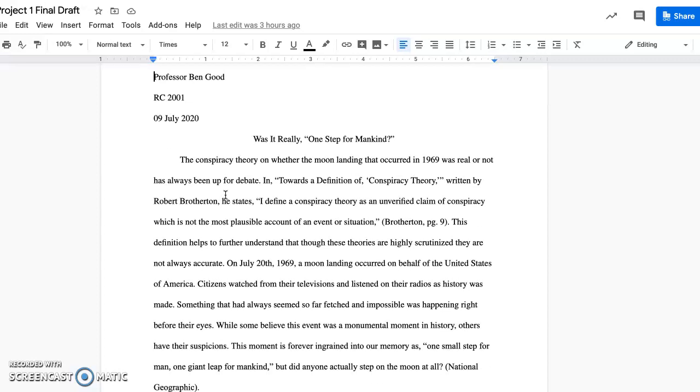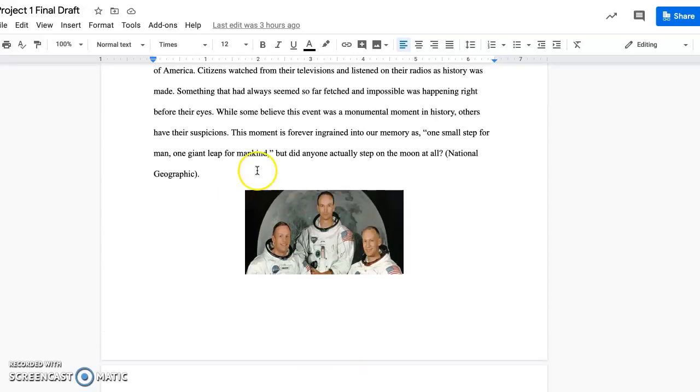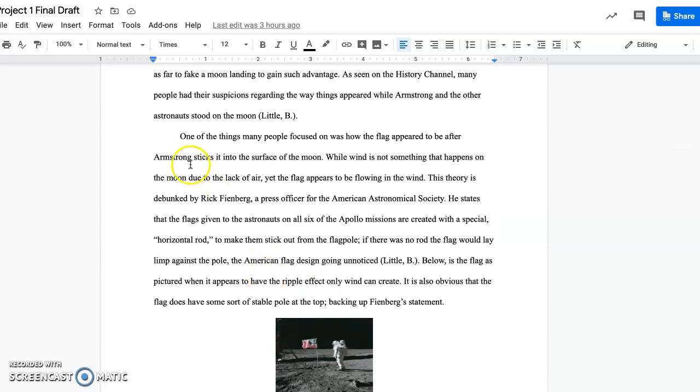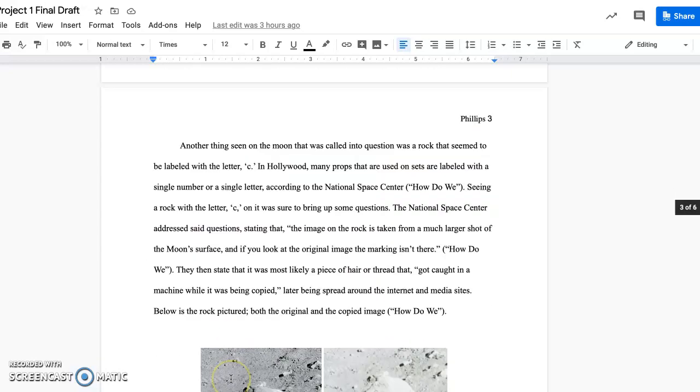So with the images that I had in my final draft, this is of the three astronauts that were on the Apollo 11 mission. This one is of the flag, supporting the first theory that people had behind the conspiracy theory.